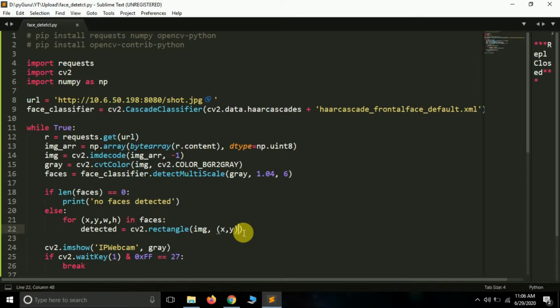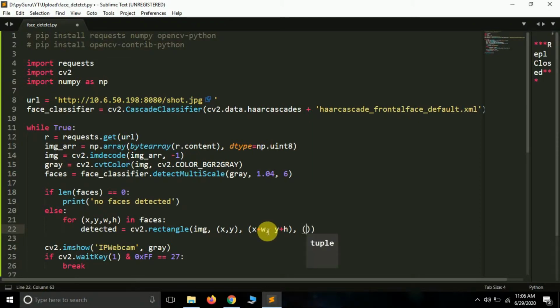So the first point is x, y, and the second point is x plus w and y plus h. This is the second point, or the final point, of our rectangle. This is the top left point of the rectangle, and this is the bottom right point.